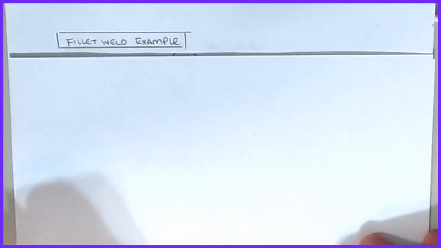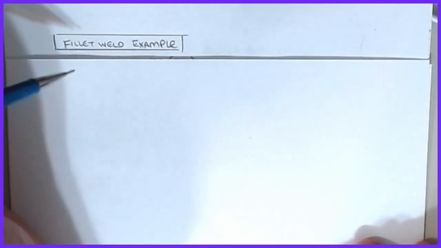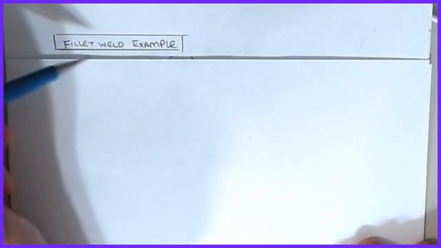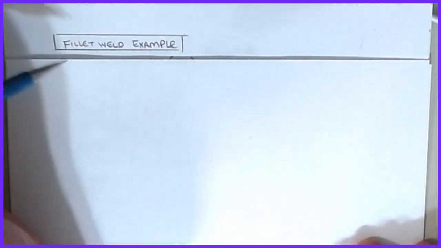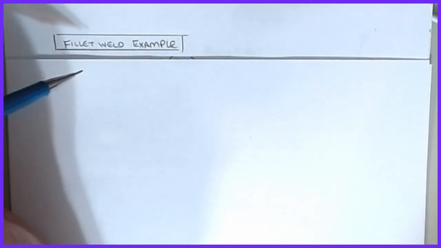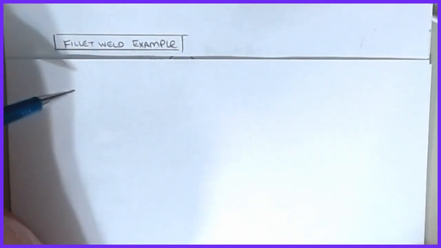So welcome back to part 2 of our welded connections videos. As promised, we're going to go over a couple of different types of examples related to welding. In particular, we're going to look at a simple fillet weld calculation of base metal and the weld material itself. We'll look at an eccentric weld connection situation,